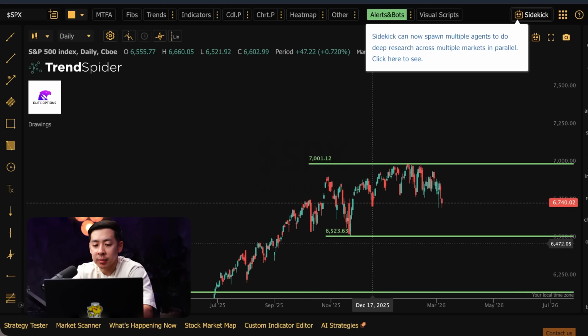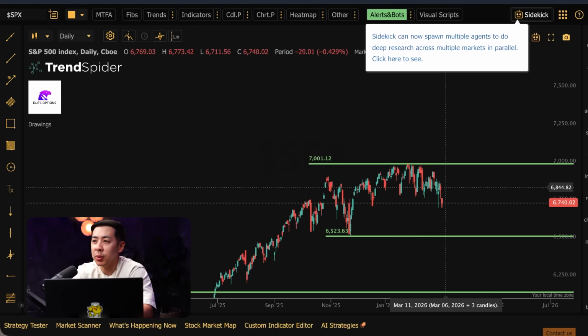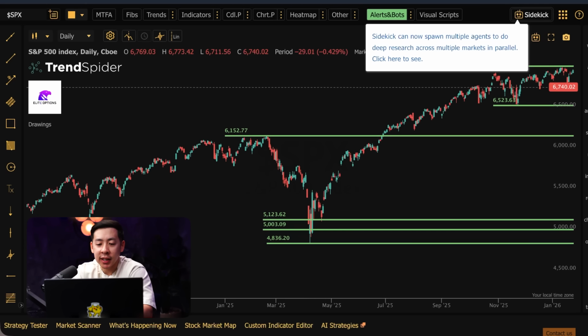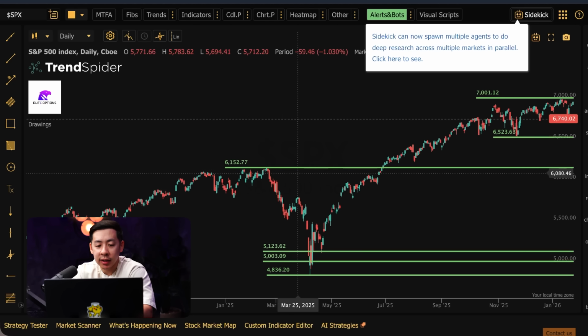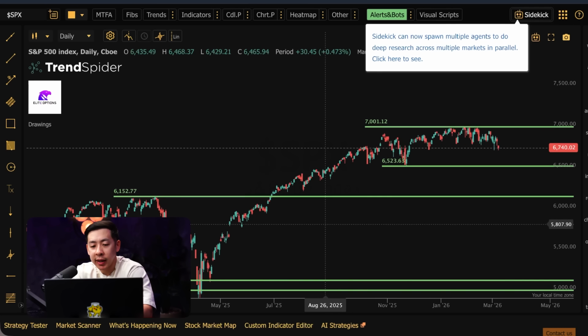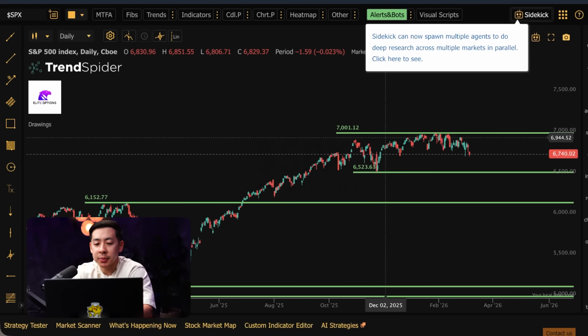But in the interim, as we stay in this range, you have to be more careful. The big question now is, okay, well, once SPX breaks 7,000, then what happens? You have to look at what happened in the past every time we broke a new all-time high. The last time we had a major top was 6,100, and we saw about an 850 point move. Once SPX breaks this level, you have to have an idea that it can happen again, where you could see a 700 to 1,000 point run at some point this year.